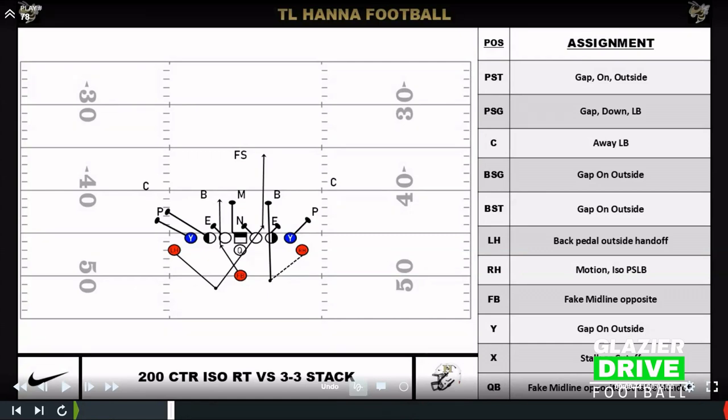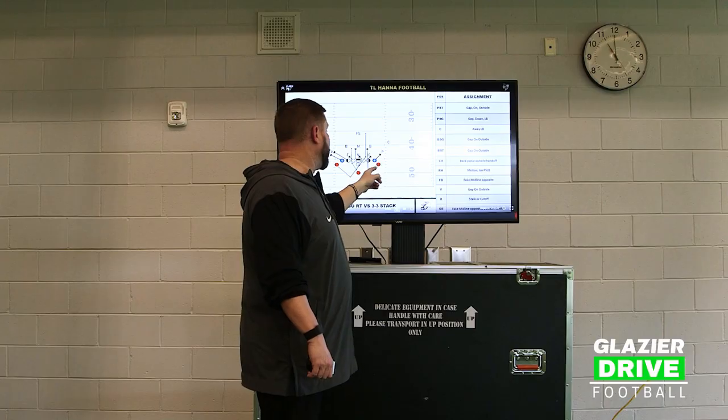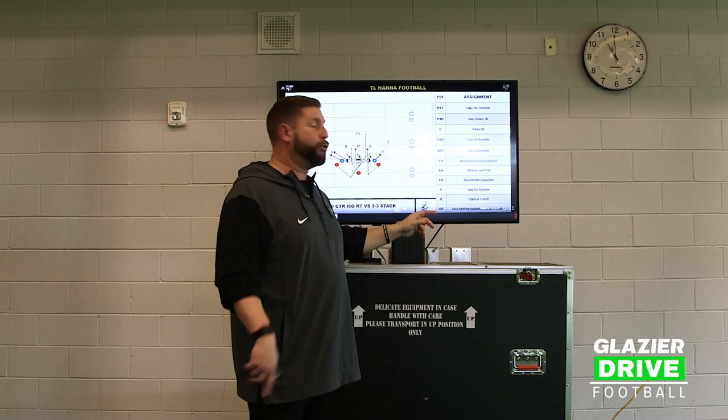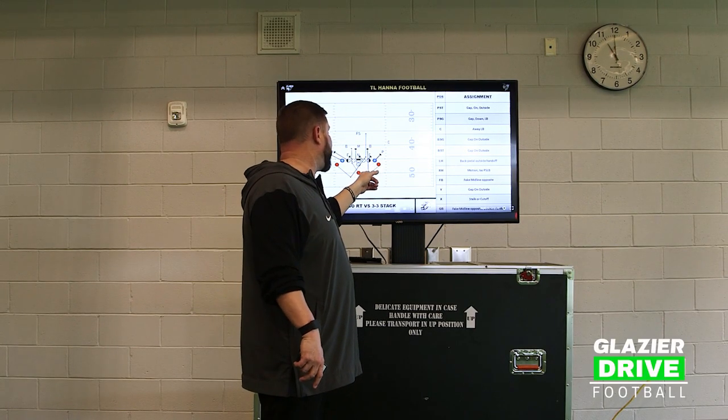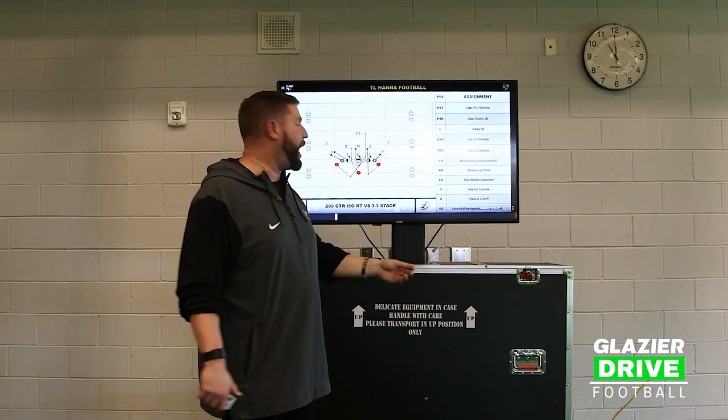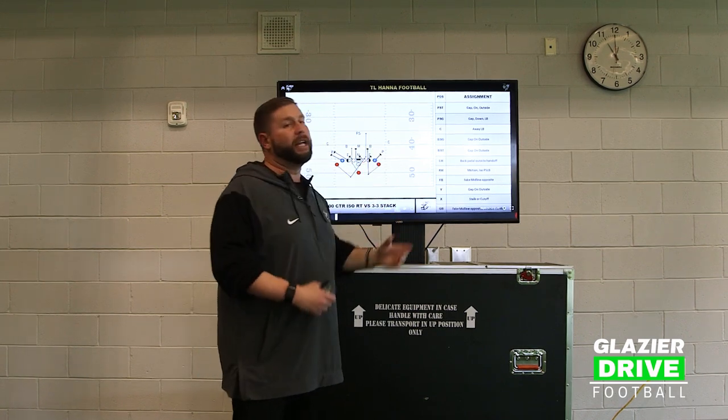It is an ISO physical play, and it is a quick hitting counter. We have some slower hitting counters. This is a quick hitting counter, okay? So the right half of its counter ISO right, he's going to go in motion. He's the ISO. So he's going to go in motion, M motion. He's going to 3-step on the snap. When the quarterback snaps it behind the tackle, he's going to put his toe in the ground and go ISO